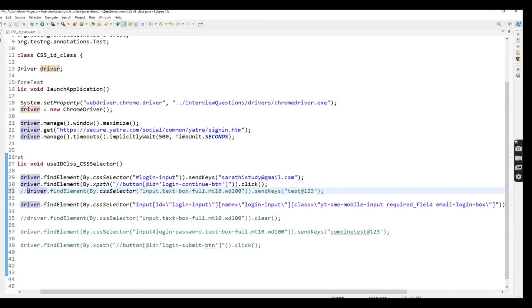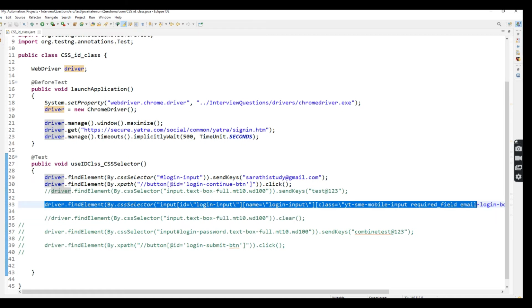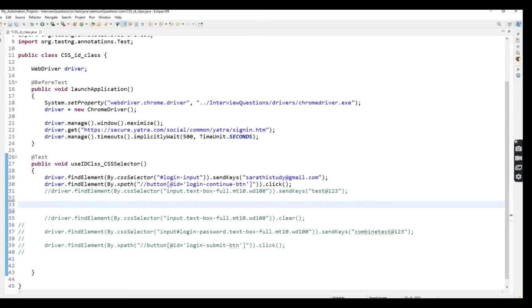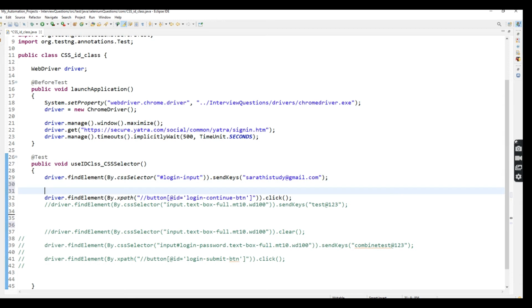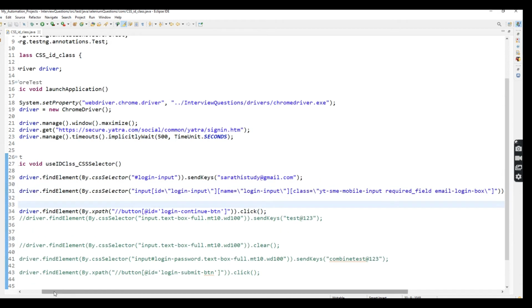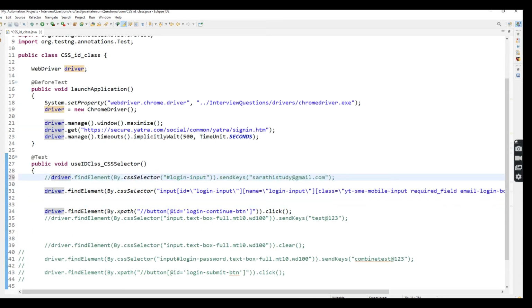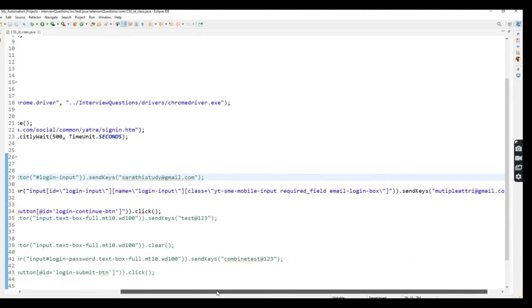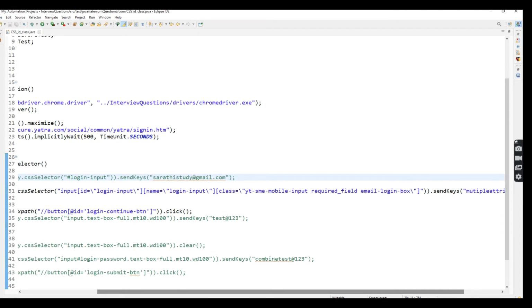After launching the application, I'm going to enter the username or email ID, then click on the login button. The remaining lines I commented. Now I am going to check whether these multiple attributes work or not. I just remove this one and put single quotes; that is enough.